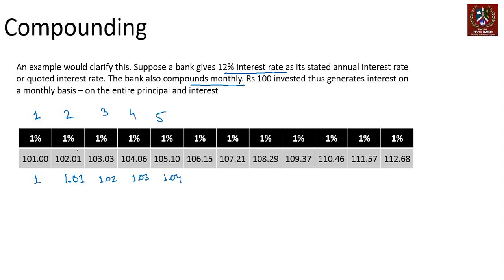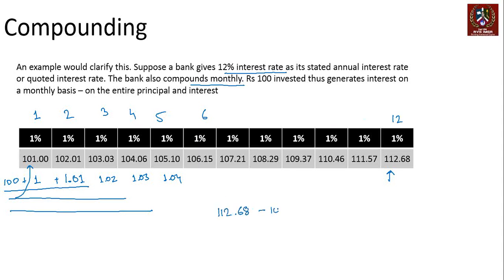Why is that? Because in the second month, your interest is being calculated not on 100, but on 101. In the third month, the amount is 100 plus 1 plus 1.01, and the third month's interest is calculated on this entire amount. The fourth month interest is calculated on this entire amount. The fifth month interest is calculated on this entire amount. Now you note that by the end of the period, in the 6th, 7th, 8th, 9th, 10th, 11th, and 12th month,